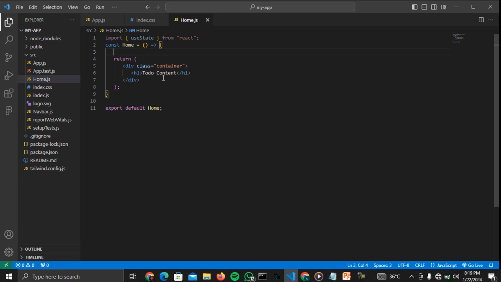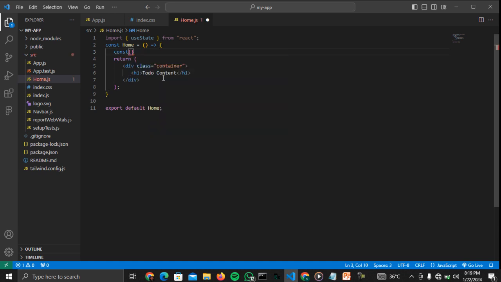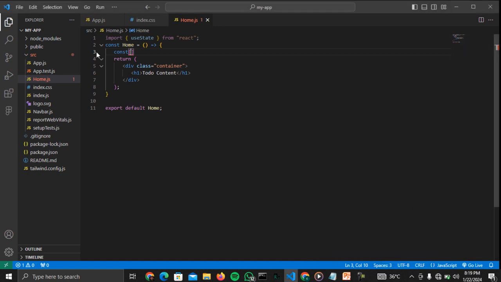So to use our useState, let's destructure it: const todos, comma, set